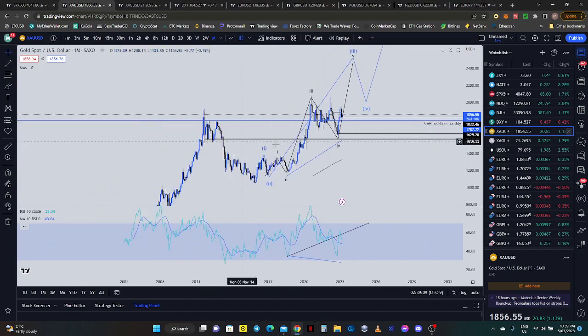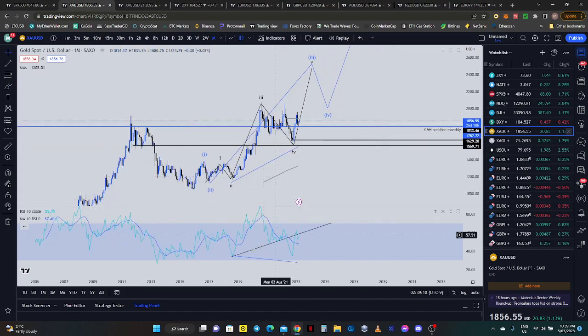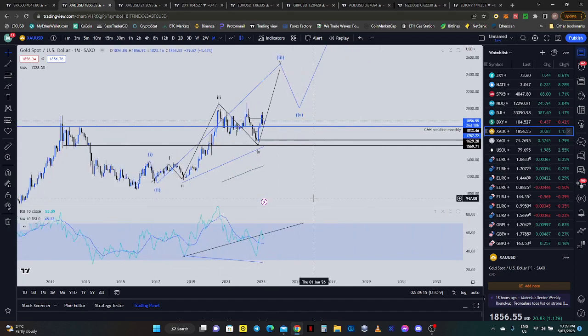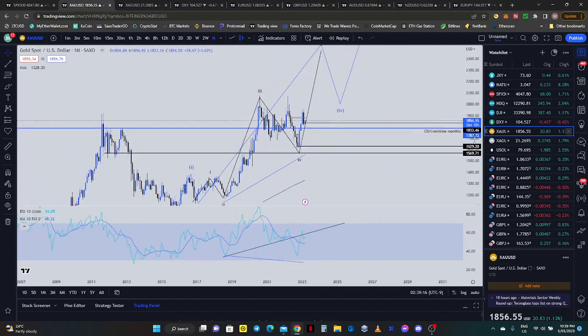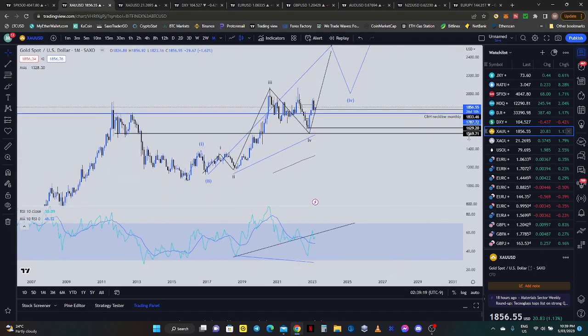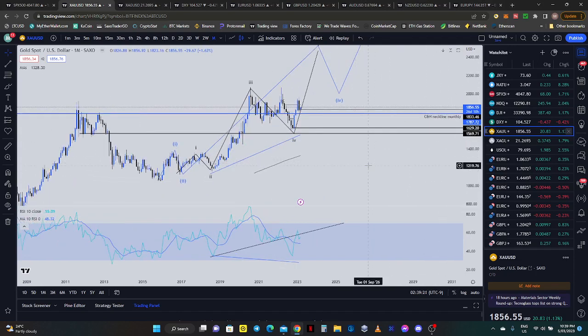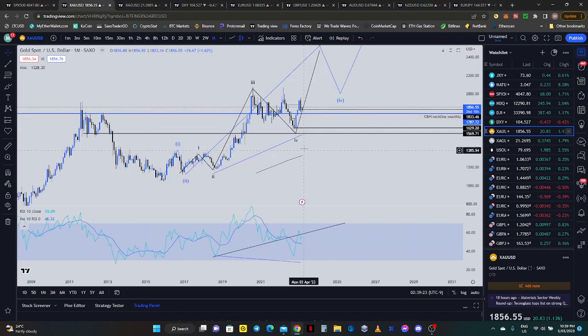So looking at it, we broke down through this monthly trend line, and if you are in the Gym of All Trades Discord, you should check that out if you're not a part of that. In the Gym of All Trades Discord, I spoke about this trend line breaking, and that we were going to get the sell-off, and the target I was looking for was here at 1569. We didn't quite get